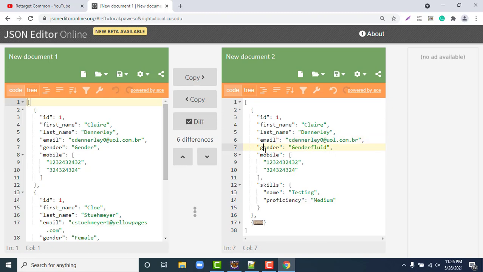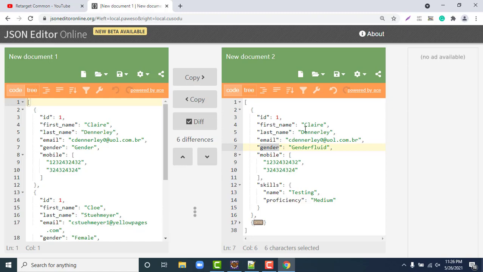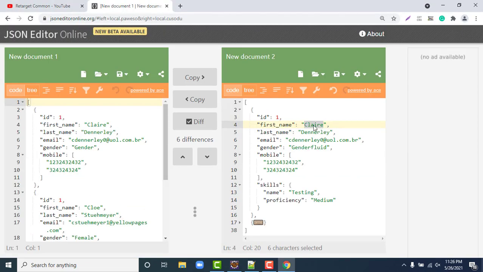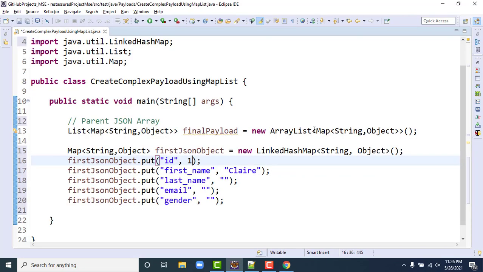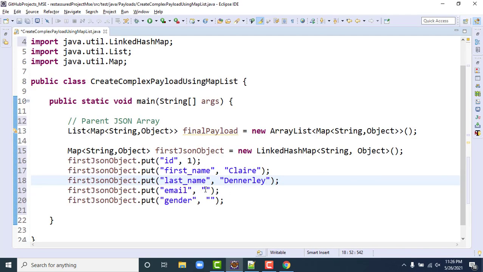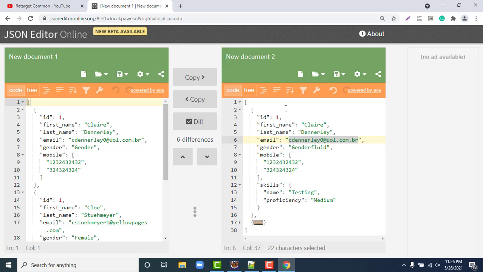We have already seen this similar kind of example previously. So let me put the names and all. ID will be 1, an integer, and that's why I've given the generic for value as object. Let me put gender as male. Perfect, so we are done with half of the first object, right?